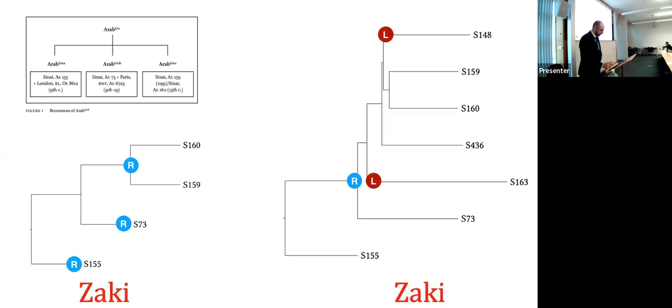So my thoughts would be to reserve the term recension for the major editorial activity happening at this point that produced the common ancestor to all witnesses except for S155. Subsequent to that, we see ordinary scribal transmission with some manuscripts being closer than others. Now, to compare this version, which Zaki calls Arab GR1, so I'll call it that from now on,